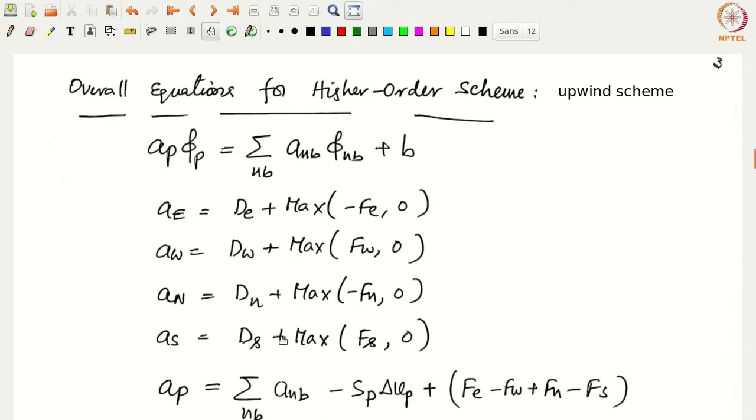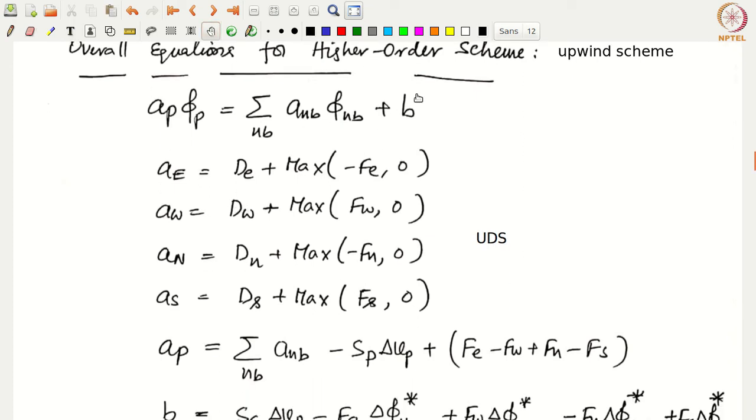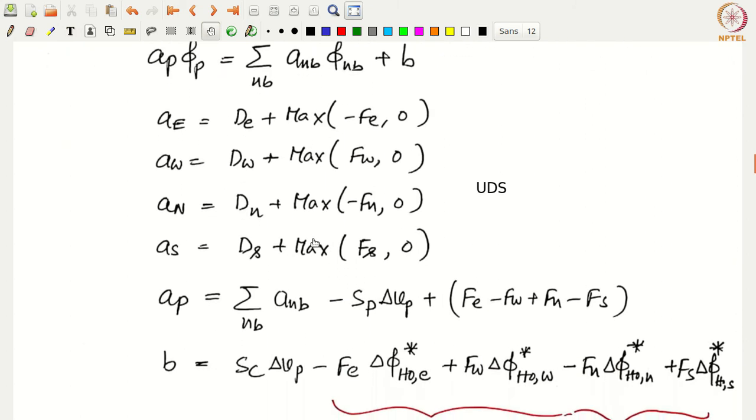This is basically your first order upwind difference scheme, right? If you are asked to write code for the upwind difference scheme, this is the algorithm. Now, what about the higher order scheme? Essentially, the higher order scheme would contribute to the B term. So as a result, your A_P is also the same as before. A_P equals sigma A_nb minus the source term, that is S_P times delta V_P, plus F east minus F_W plus F north minus F_S, right? Essentially, this term comes into play to counteract the upwind scheme, whether it is going into A_P or A east.